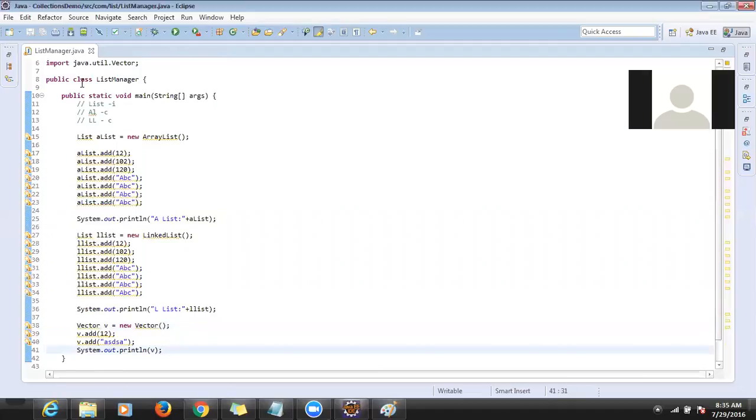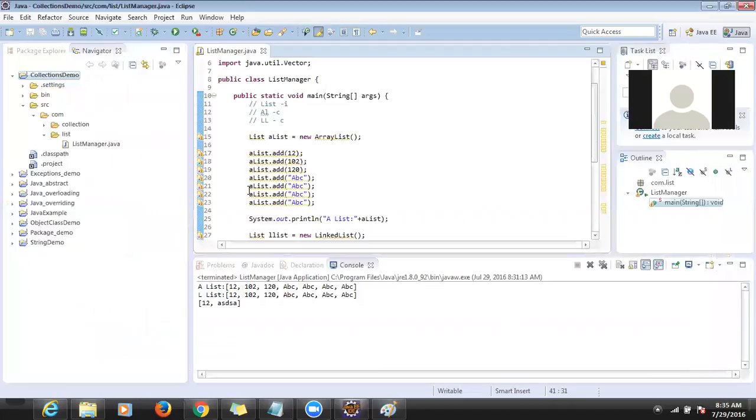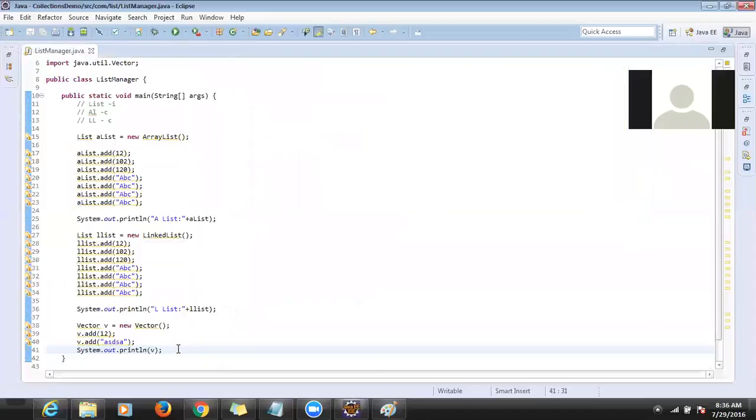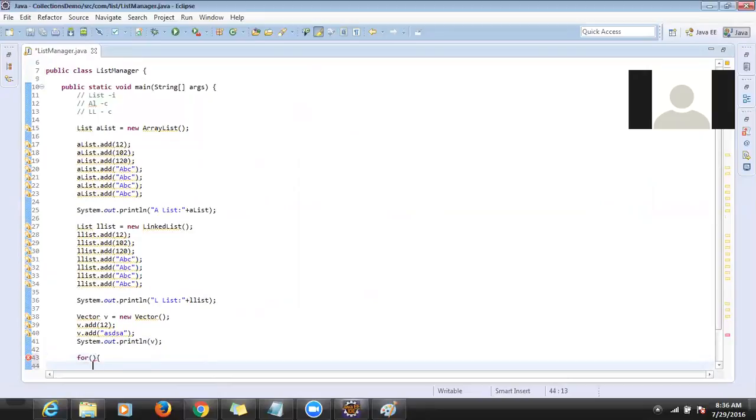And it will give the elements in the same order in which you inserted them, it will give back to you in the same order. So this is one main feature. And let's suppose you want to retrieve the elements and iterate the elements, so how to iterate the elements? We have to use a for loop: for int i equal to 0, i less than